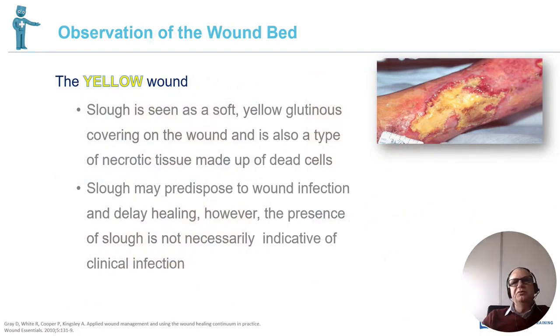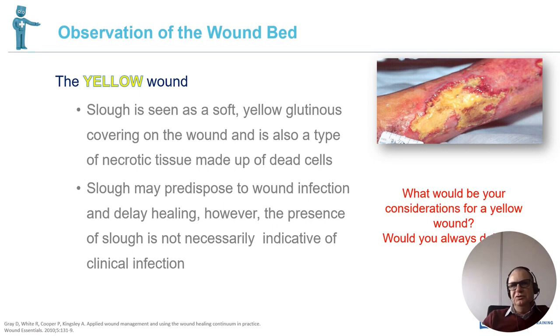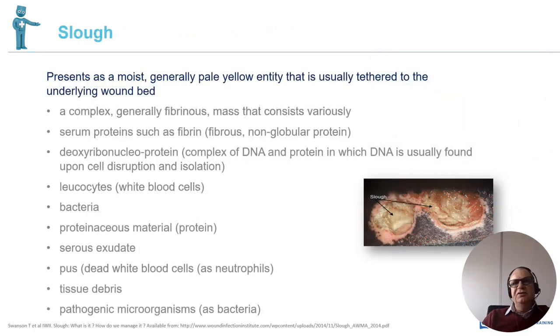Observation of the wound bed continues with the colors, looking at the yellow wound, which denotes slough. And please remember that slough doesn't mean infection, but it can predispose to wound infection. Slough is usually looked at as a big problem because it's got all these bad things in it, which can predispose to the wound not healing properly. But